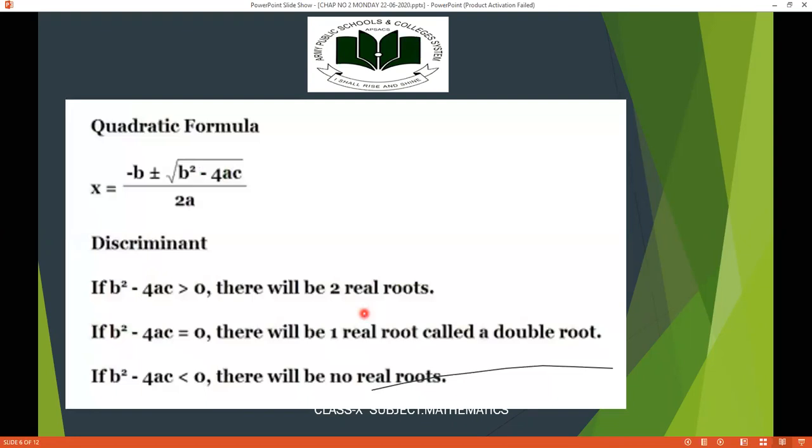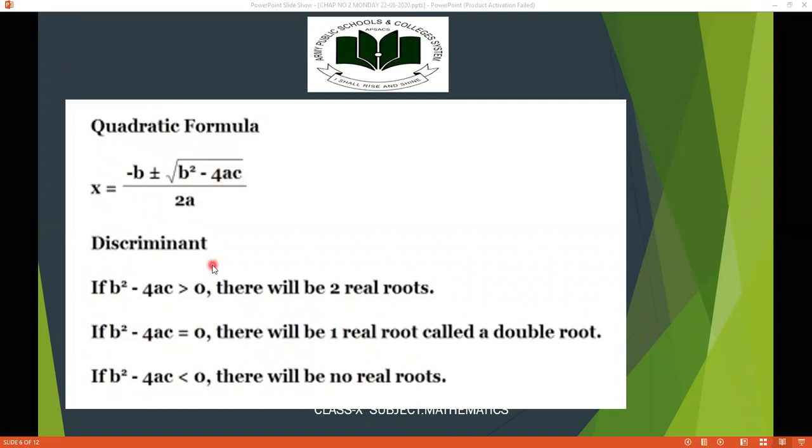Here we are having the quadratic formula. You know that we can solve the question with the help of the quadratic formula. But now with this formula, we are going to find how you will find the nature of the root. Here we are having the discriminant. Discriminant is b square minus 4ac. We will say that this one part, which we are taking from the quadratic formula, is the discriminant, that is b square minus 4ac.